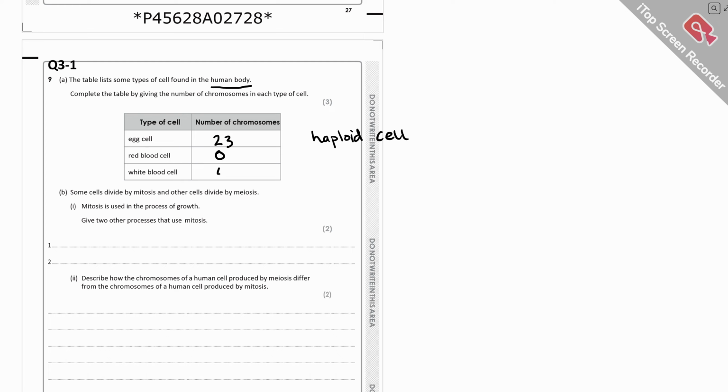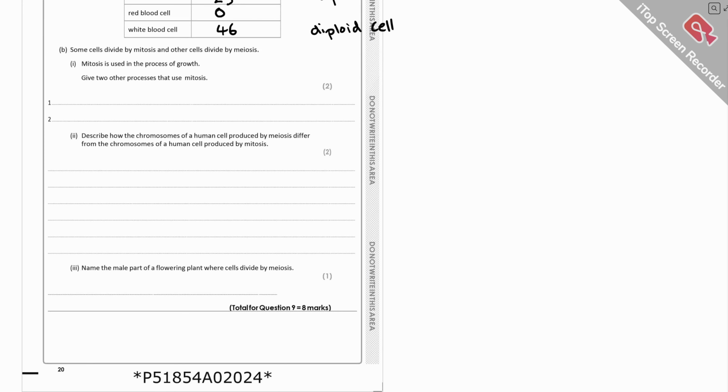White blood cells have 46, and it's known as a diploid cell. Get used to these words. Right, some cells divide by mitosis and others divide by meiosis. Mitosis is used in the process of growth. Give 2 of the processes that use mitosis